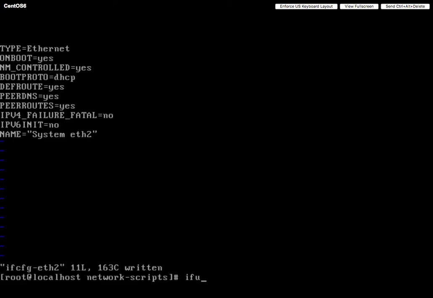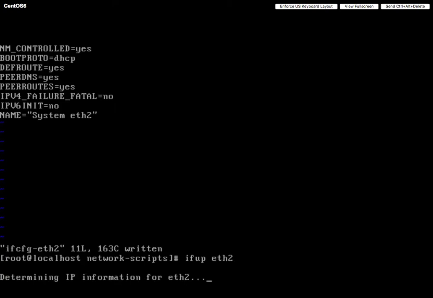So now, if you do ifup eth2, then that should come up as eth2. This is going to fail. I don't know why I didn't go ahead and change that to save us the time of waiting for it to fail, but I didn't. We'll wait for this to fail getting an IP because there's no DHCP server on that subnet, and once it fails,